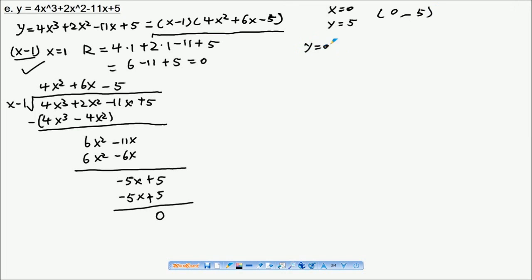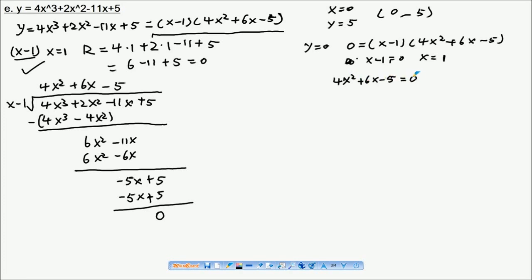When y is 0, we have our x-intercept. x minus 1 equals 0, and x is 1. 4x squared plus 6x minus 5 equals 0, and we use the formula,